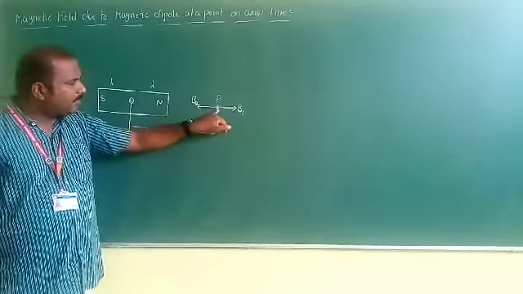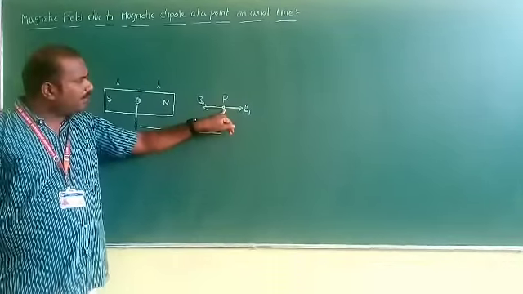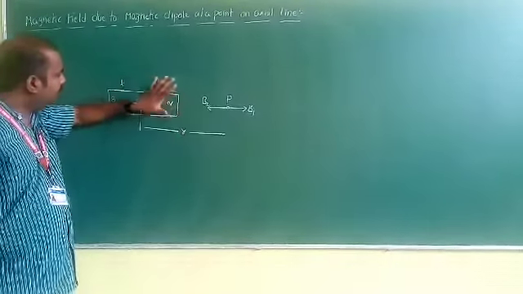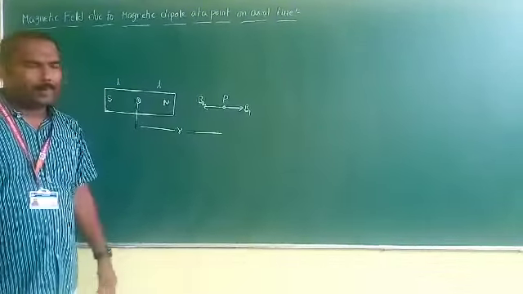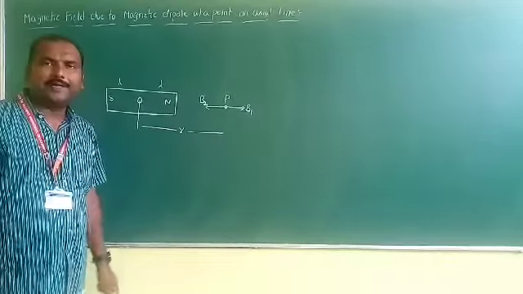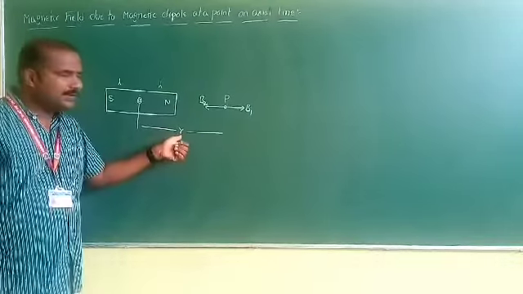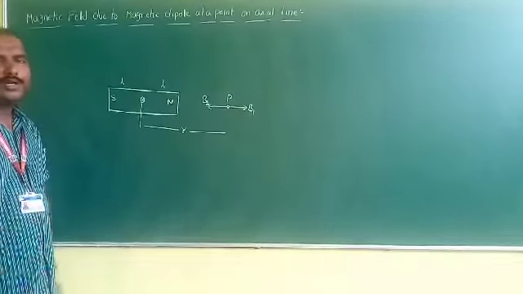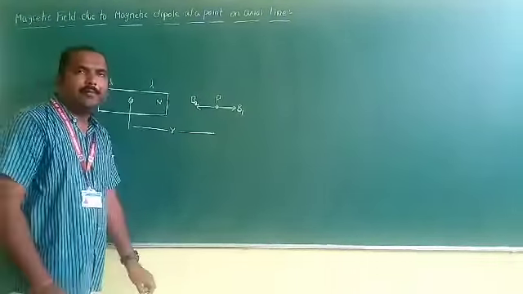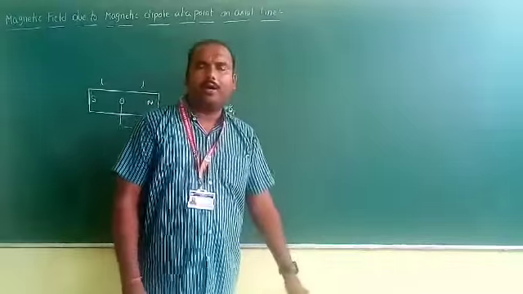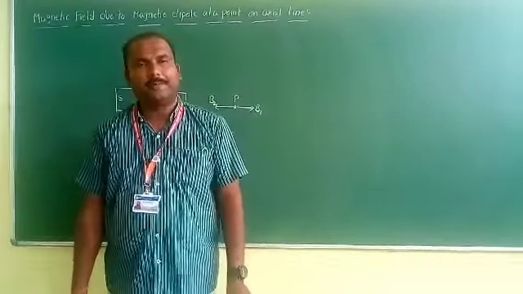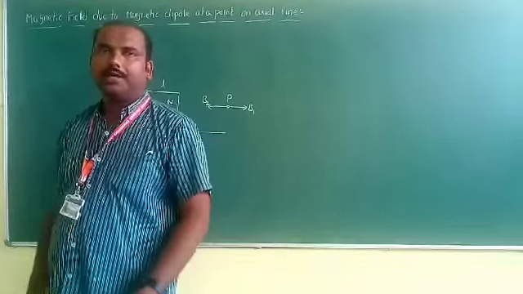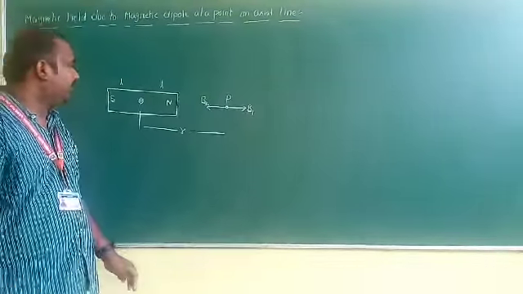Now this is my observation point, because from this point only I have to find the magnetic field due to this magnetic dipole. What is the distance of this point from the center of the magnet? Distance is r. Now, we already got the equation for the magnetic field due to a magnetic pole, B is equal to mu naught by 4 pi into Qm by r square. By using the same equation, now I can continue the derivation.